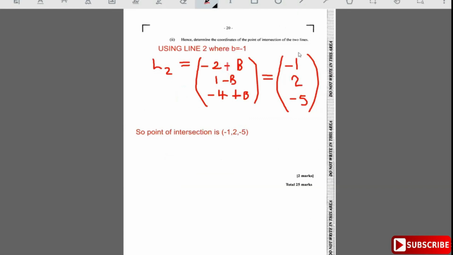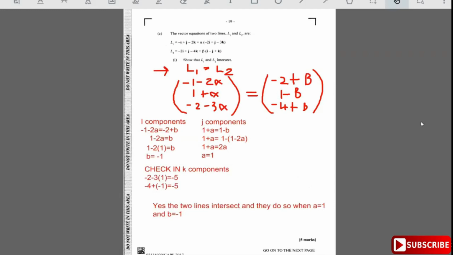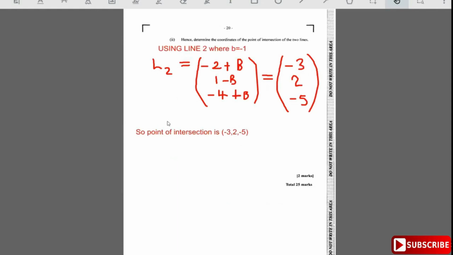So we need to change this to -3. So let's change this here to -3. So it's -3, 2, -5. Yeah, that's the point of intersection. Moving right along, we finally